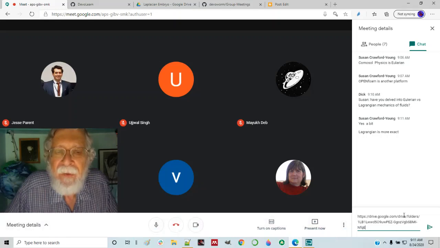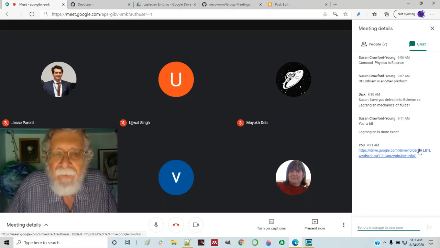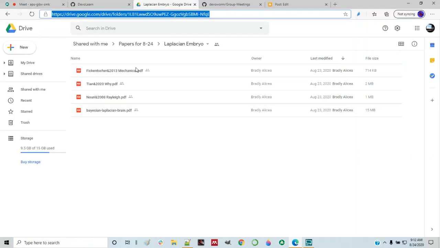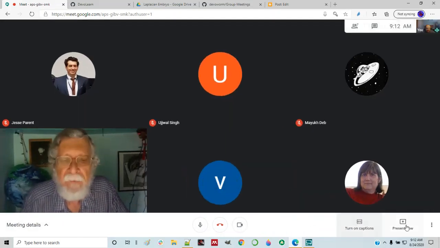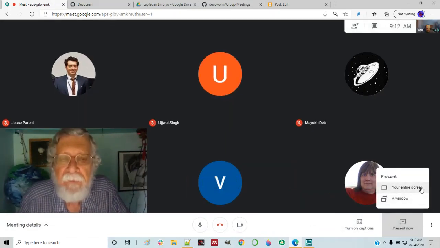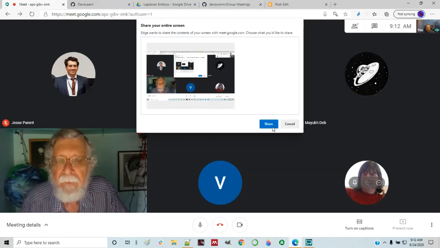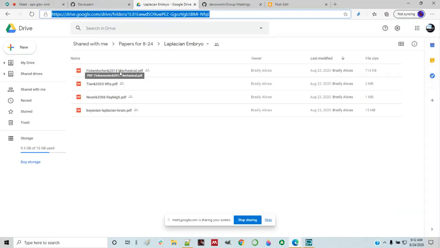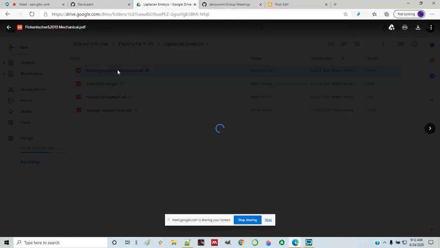So here's the drive folder with the papers in it. I've pulled them up. Let me share my screen. I will go through these quickly to see what's in the folder, and then if you want to follow up on it, we have this folder here. If you need permissions, let me know. So the first one here is